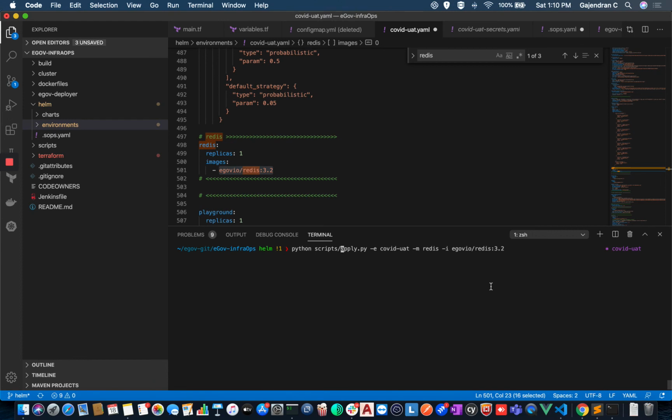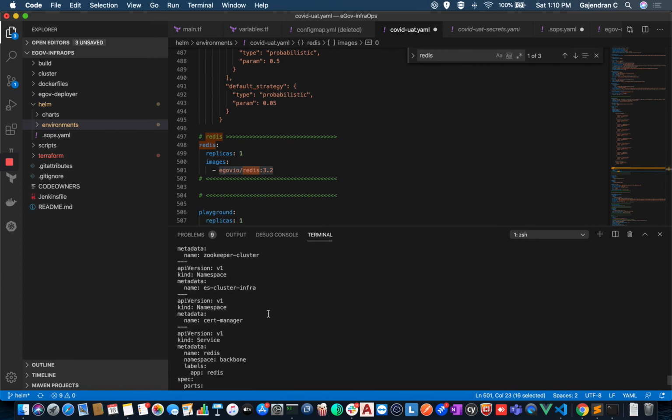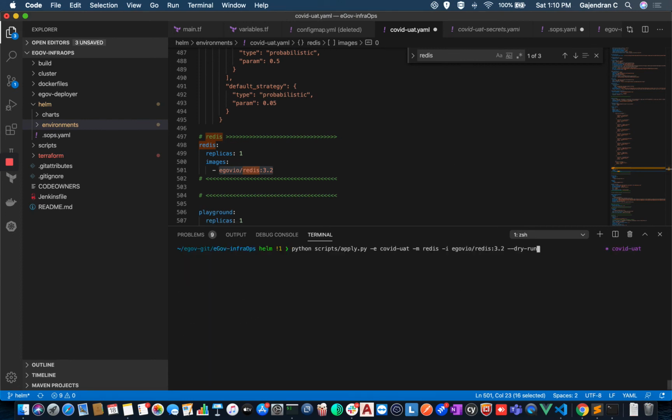Yeah. So before you deploy, you want to preview. I mean, you're not sure how it is generating the manifest and how the manifest looks like. So if you want to envision that, you can always do a dry run. It will give you the final manifest, how it looks like. You can copy